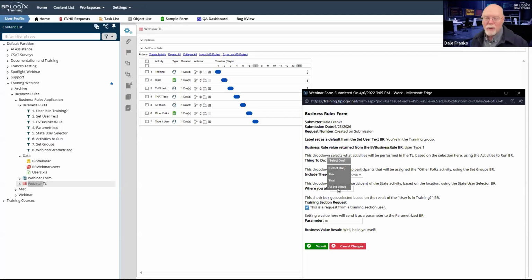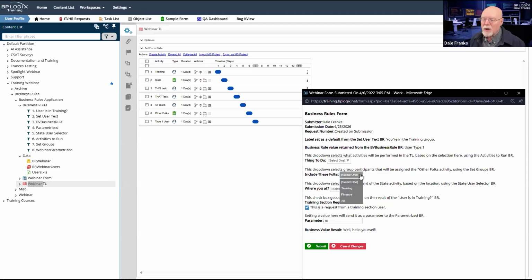So the all tasks activity will only run if I pick all the things. But if I pick all the things, all 3 tasks will run. If I pick this or that, only 1 of these 3 tasks will run. So I can control the execution of my process timeline via that business value.